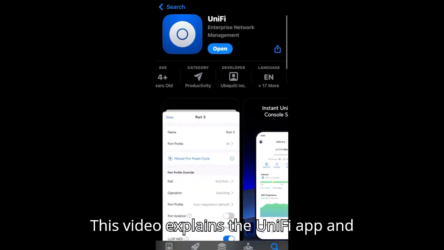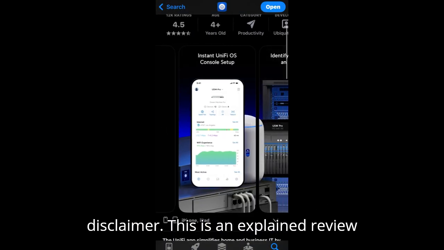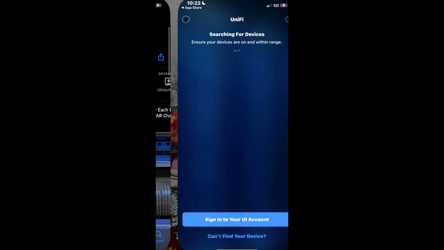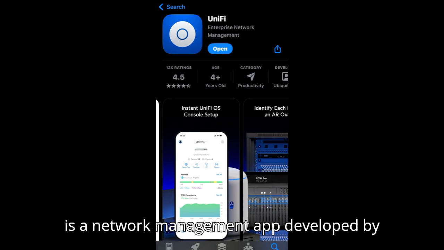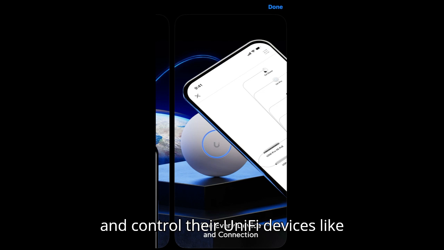This video explains the UniFi app and whether it's worth using. Quick disclaimer. This is an explained review based on user feedback and online data, not personal use or a visual demo. UniFi is a network management app developed by Ubiquiti, designed to help users monitor and control their UniFi devices